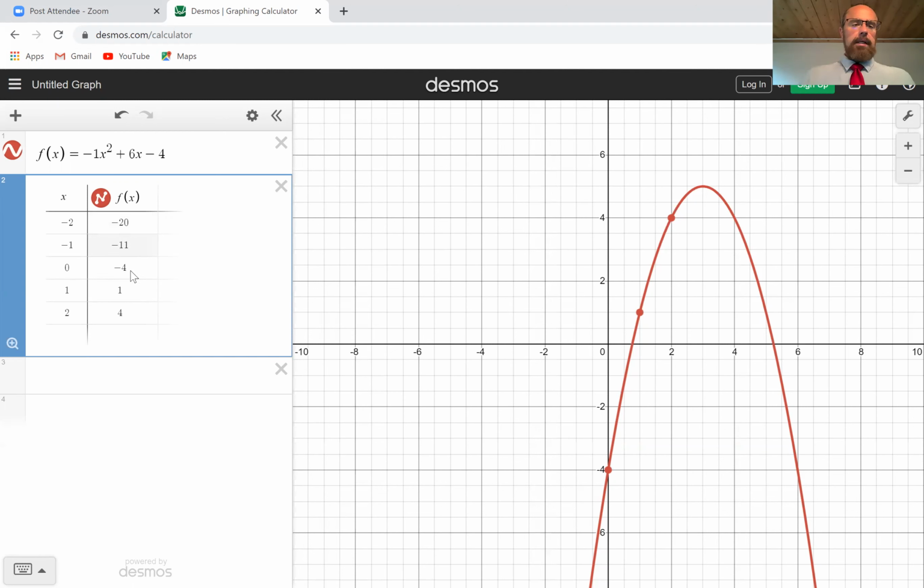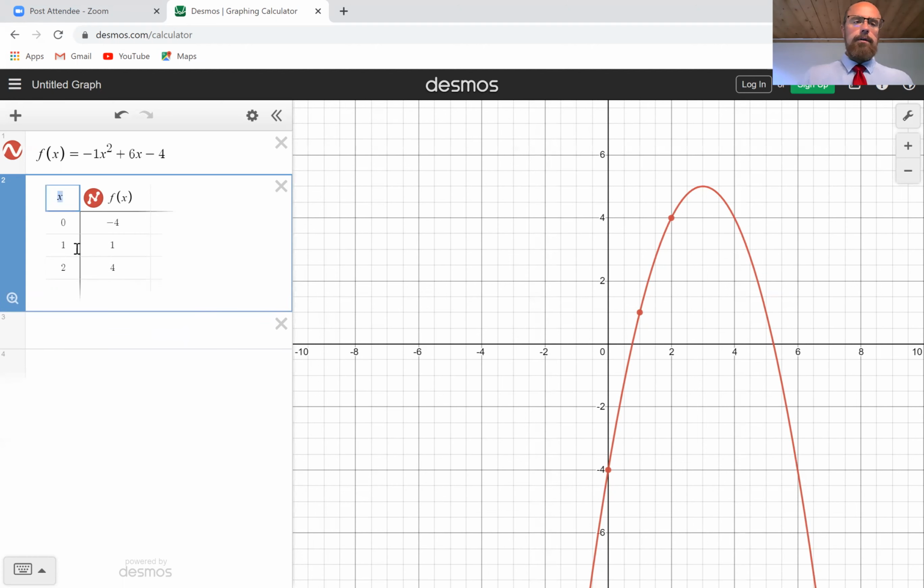So where I can really begin here is 0, negative 4. You'll notice on the graph, that's the first point that I can see on the left. Also 1 is very graphable, 2, 4. But I'm also seeing I'm missing points from the right side of this parabola. In fact, I don't even have the vertex graphed yet. So I'm going to do two things. I'm going to omit these two values, negative 2 and negative 1, that produce ungraphable y values. And I'm also going to extend in the other direction to give more points on the right side of the